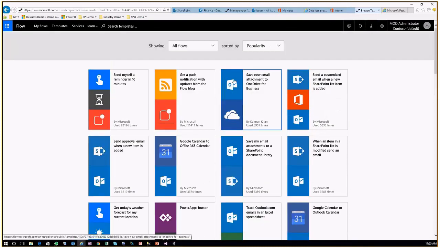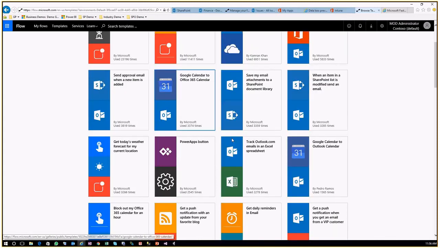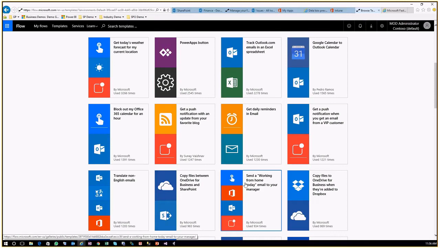The icons on the left of each template showcase the different services that it interacts with, and you'll notice that in some of these cases, especially here, it is also tying into products and services outside of Office 365 or even Microsoft in general. So there are a lot of interesting little use cases here, and if something doesn't fit your bill, you can always